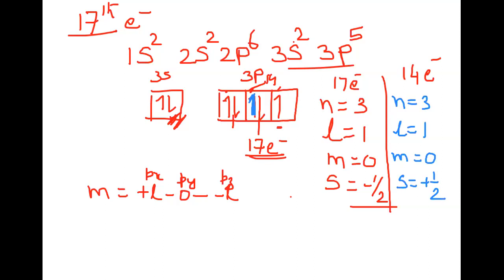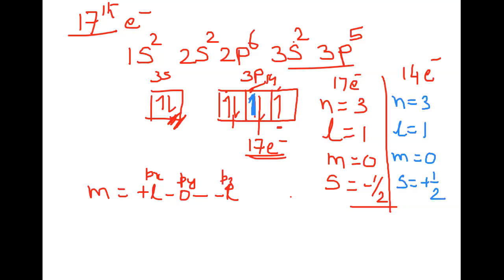So here we are trying to talk about Pauli's exclusion principle. Whenever we are talking about any two electrons in an atom, they will never have an identical set of quantum numbers. They can have three quantum numbers the same, but one will be different. So if n, l and m values are the same, at least s will have a different value, that is minus or plus half.